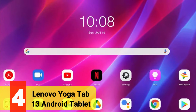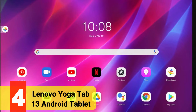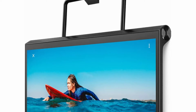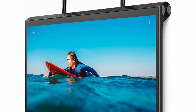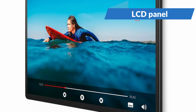Moving up at number 4 is the Lenovo Yoga Tab 13 Android tablet. Lenovo also introduced a 13-inch model, which offers higher performance and even better audio output from its quad speaker arrangement if the Yoga Tab 11 is too tiny for your needs. It has an integrated kickstand and the same distinctive appearance as the Tab 11, but the build quality isn't quite as good as we'd like it to be, and we really wish the LCD panel had been replaced by an